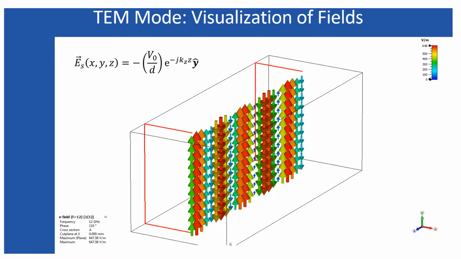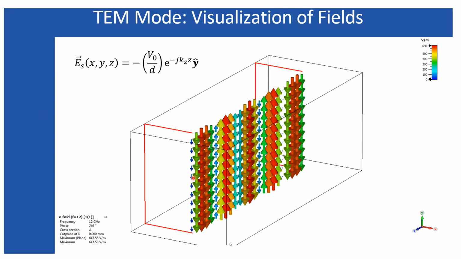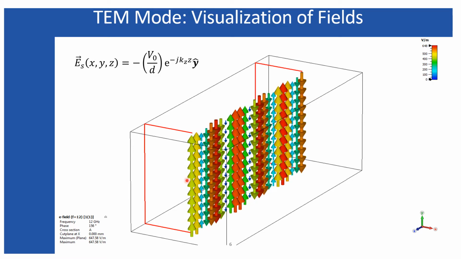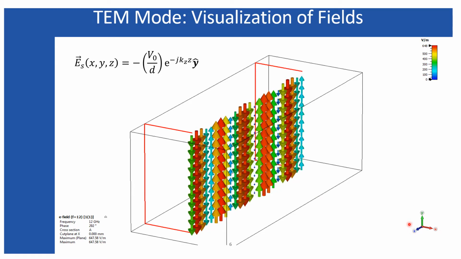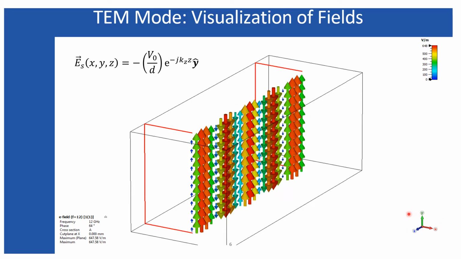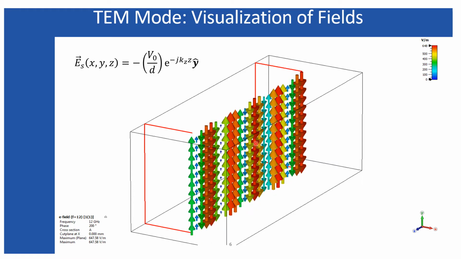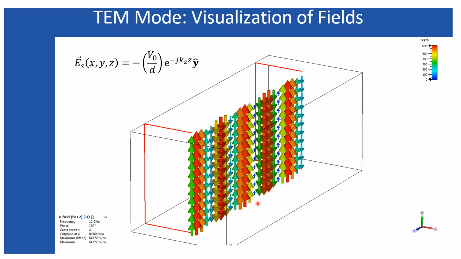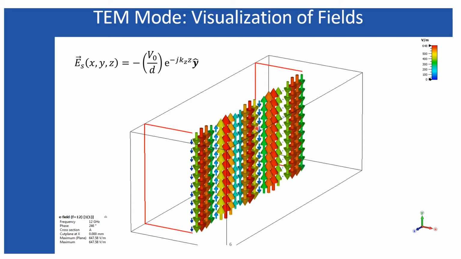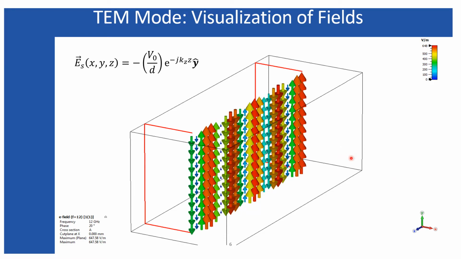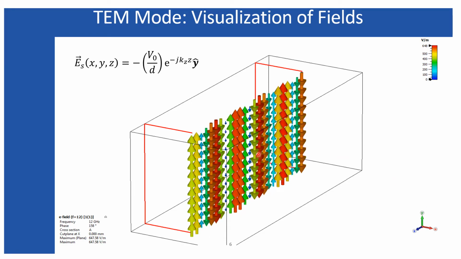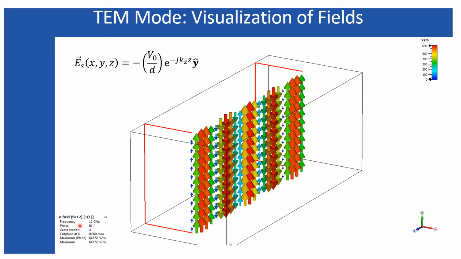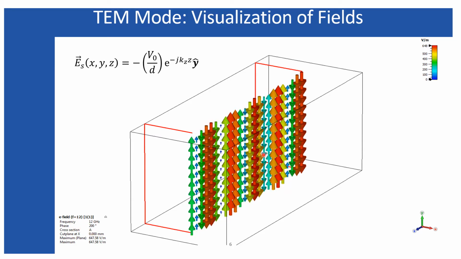You can understand the transverse electric field from this simple animation over here, where the propagation is taking place along the z direction, and you can identify the direction from this little gizmo at this corner. The propagation you can easily see is taking place along the z direction. Why? The variation of this arrow, which represents the direction of the electric field, is taking place along the y direction. This is the y direction, and this is the x direction, as you can see from here. This animation is for a frequency of 12 gigahertz, and this is the electric field.